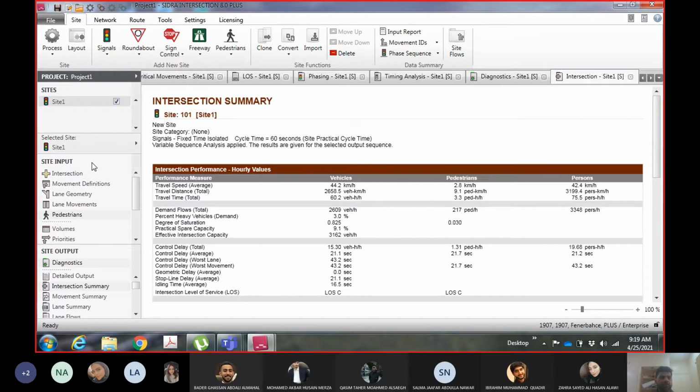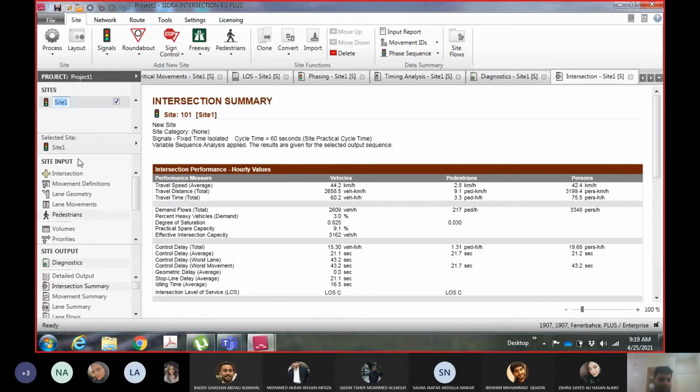Okay, so you see on the left hand side you see different options. Once you add the site, the site name is shown here. You can change the site name from here or from some other options as well, I will show you. If you want to name the site, do name the site, it will be better. Put a name of your site according to its location.